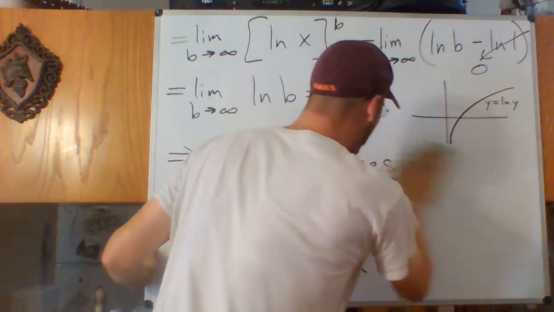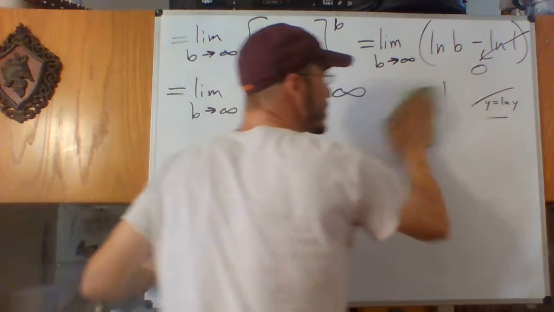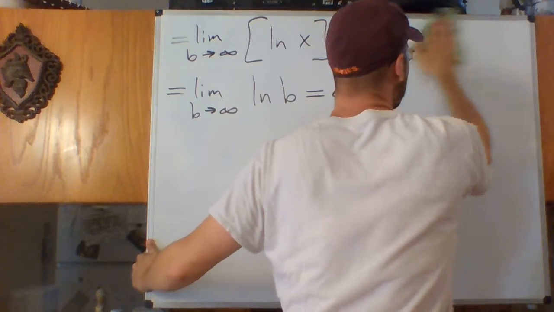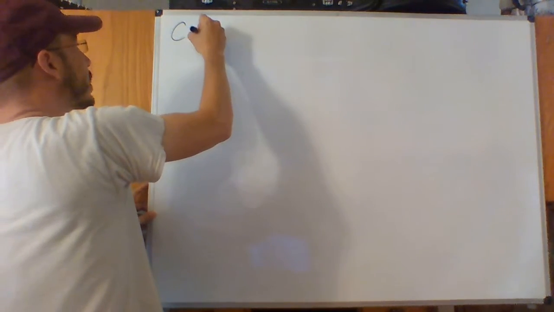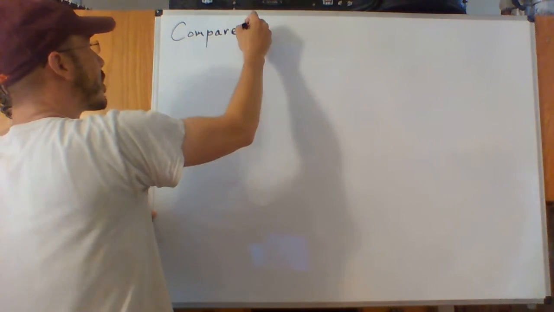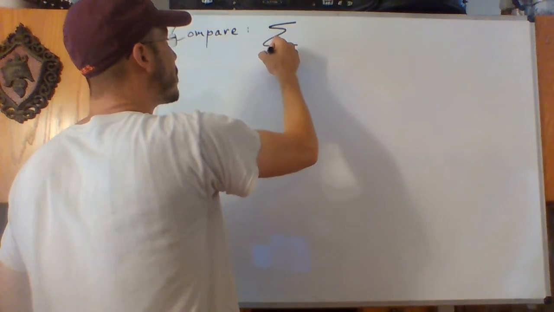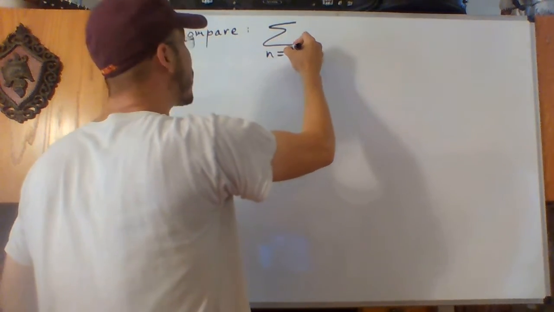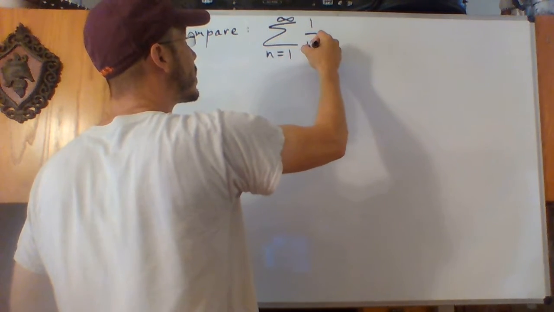I want to look more quickly at another example of where the integral test, or the idea of the integral test, can give us the convergence of a series. We saw a divergent one just now. Here is another motivating example. We could compare the sum from n equals 1 to infinity of 1 over n squared